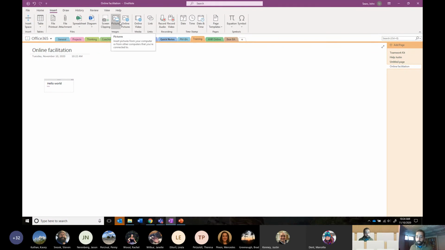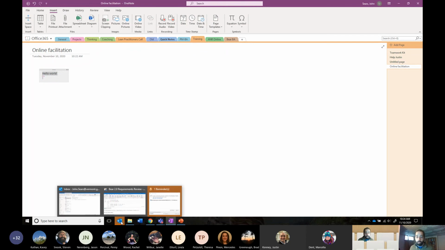But it's more powerful than Microsoft Word in this respect, not just because it's flexible in terms of moving the text around, but also because you can upload more than just pictures or tables. You can upload videos, recordings. You can do printouts from email. If I have a very important email that I want to add as part of my OneNote so that I don't have to keep track of it in my